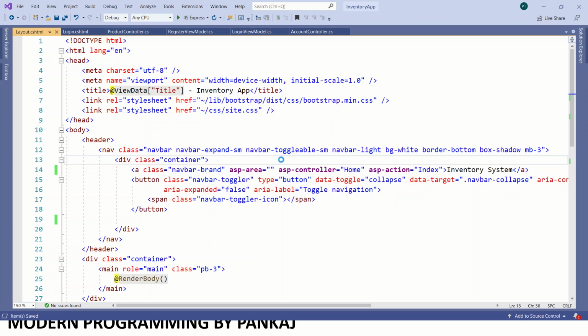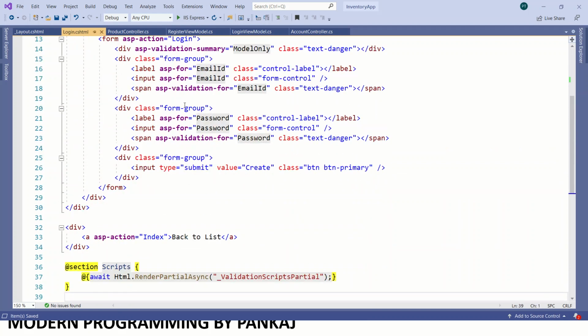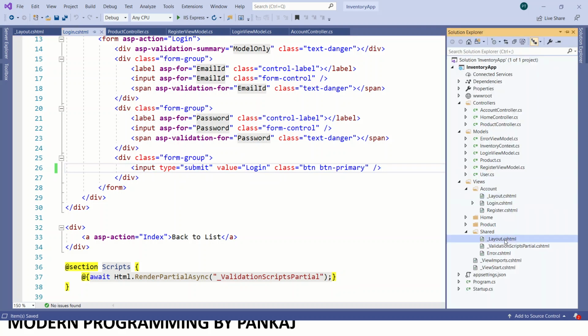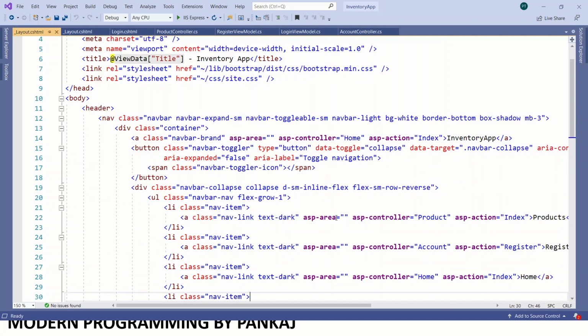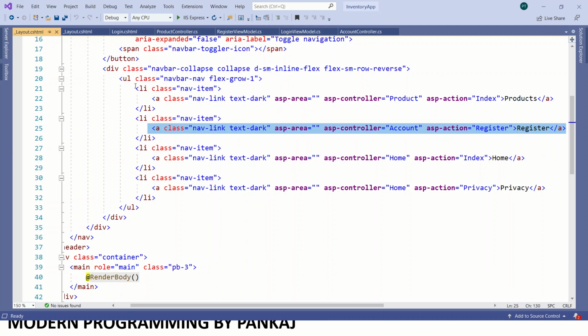And in the login page, I'll do some beautification here. I'll create one action link which will redirect to the register page, and we'll remove this register from here.